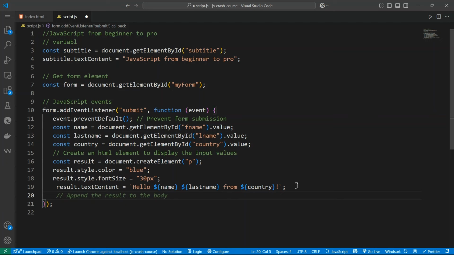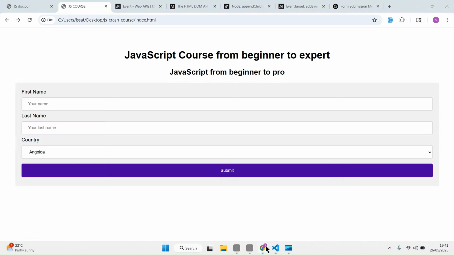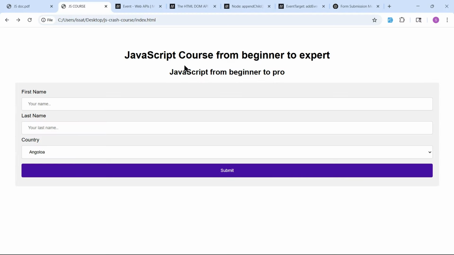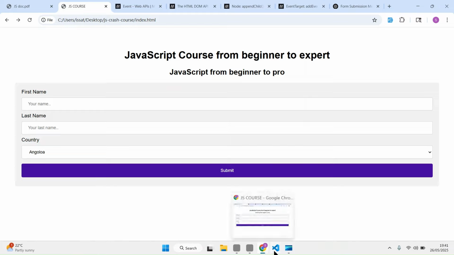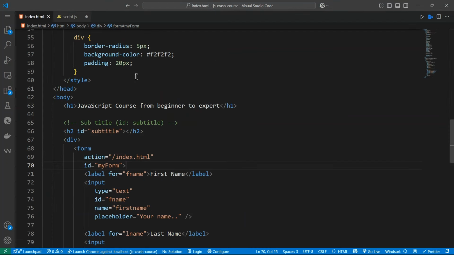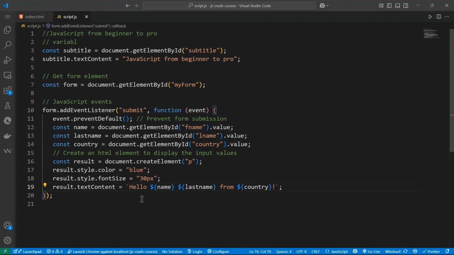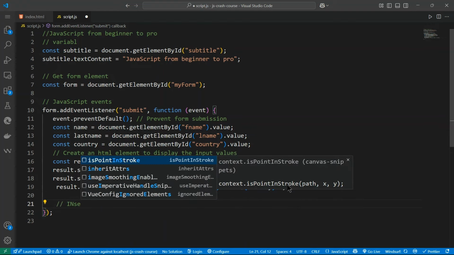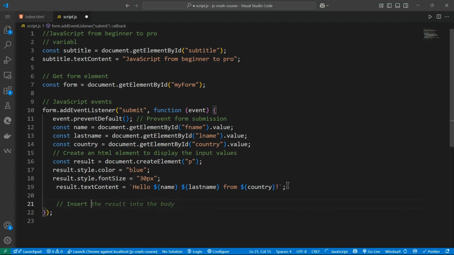Next, we also want to append the result. We want to append it before the form and after the subtitle. This is the subtitle. If you go to our HTML, this is the subtitle and this is the form. All right. To do that, we can insert the result